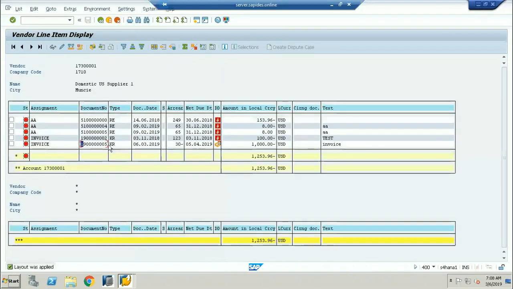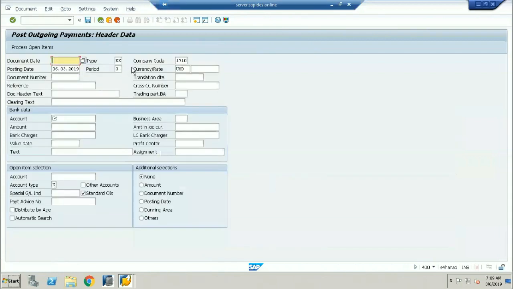You might get a question. Hey Rahul, are you clearing all these invoices or are you allowing the system to clear only this invoice posted today? I'm not clearing all the invoices. I'll show both examples now. You can see here, I'm not clearing all the invoices. If I calculate all the invoices, what is the amount? Okay, so let me copy this amount. This is the complete invoice amount for all the invoices. I'll copy this. Okay, now see here, 06 03 2019.